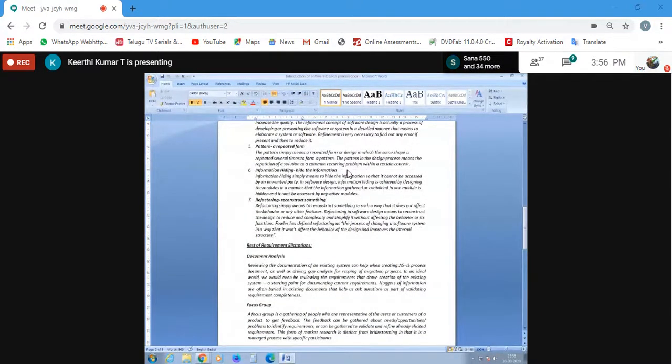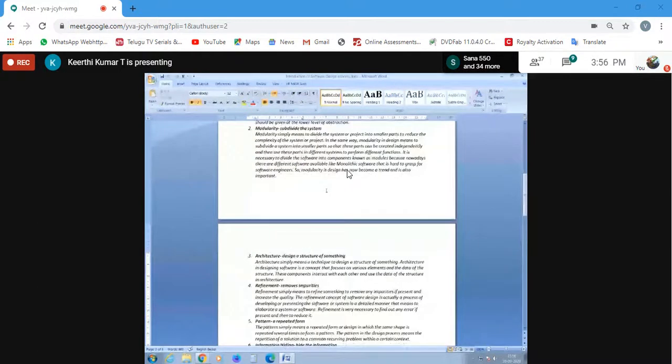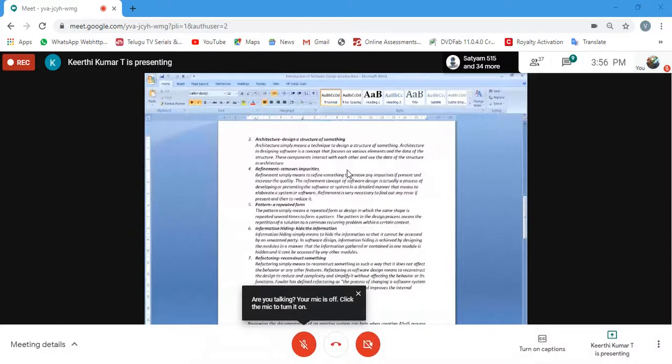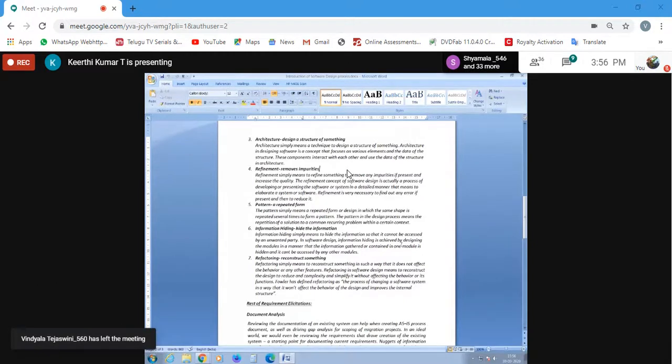Next coming, information hiding. When I say information hiding, this is not the same as abstraction, my friends. Abstraction is for doing good, and in information hiding, you're hiding the information. Why do you want to do that? This is for security purposes and quality purposes. You don't want to show your whole thing, what you're doing, to the unwanted party, right? You only want to reflect something which you want to show them. Like prototyping, you want to give them a prototype, and you want to hide the rest of the things. But you want to make sure that the information which you provide is clear.